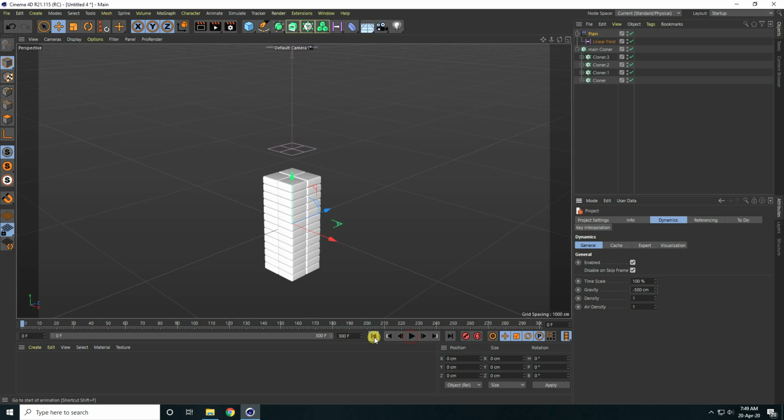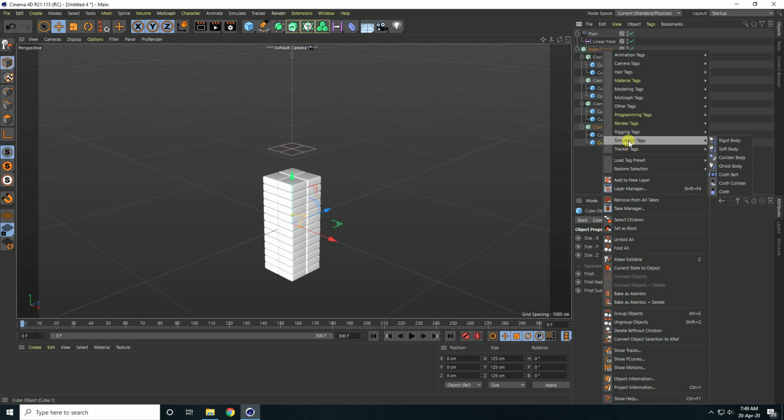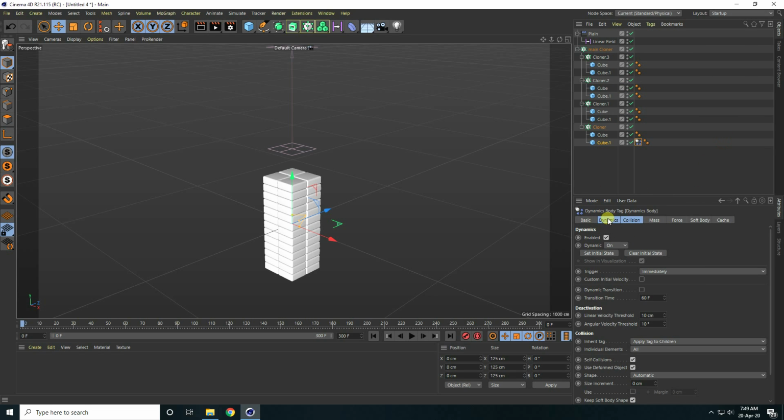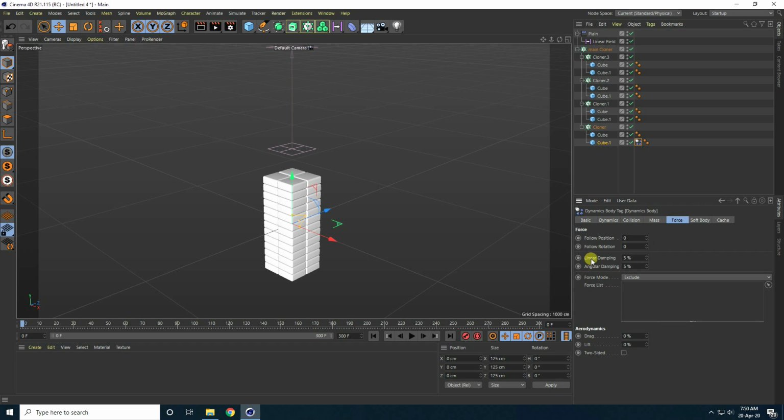Okay, so guys, last one, all is good. Now I apply the rigid body tag. So unfold all, select this cloner, right click, go to Simulation Tag and use Rigid Body. Yeah, and I go to Dynamic. Transition time I take 50. And collision, all is good. That's my collision setting. Bounce I take 5 and friction 90, it's automatic. And I go to Force, and linear I take 5 and angular I take 5.